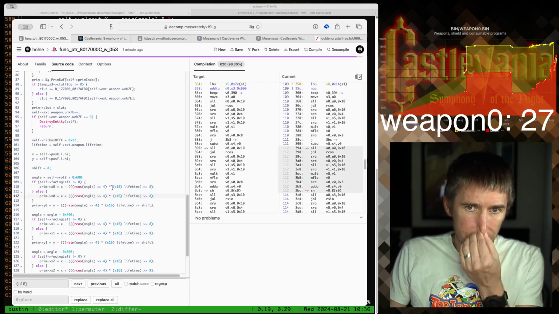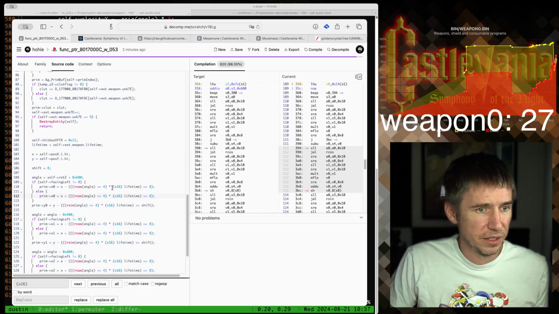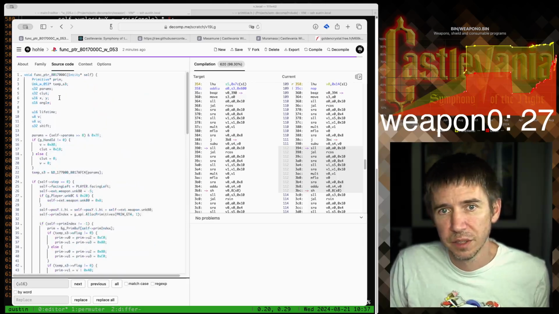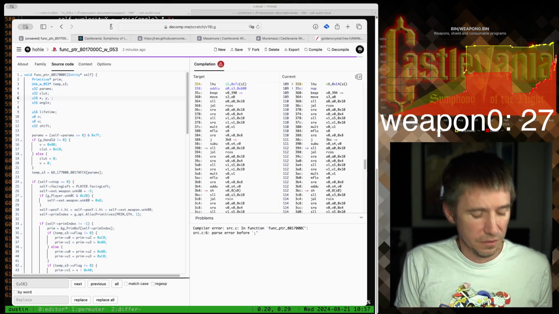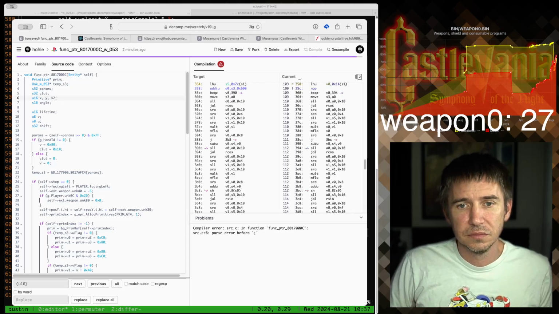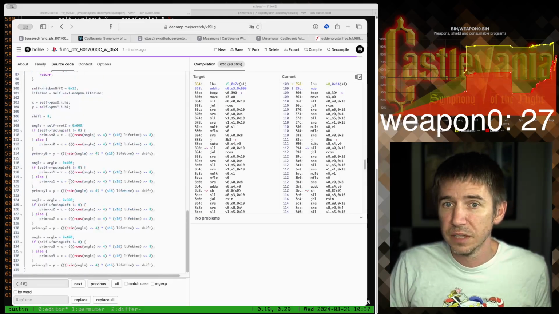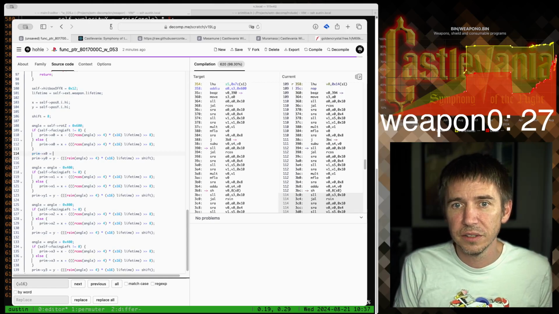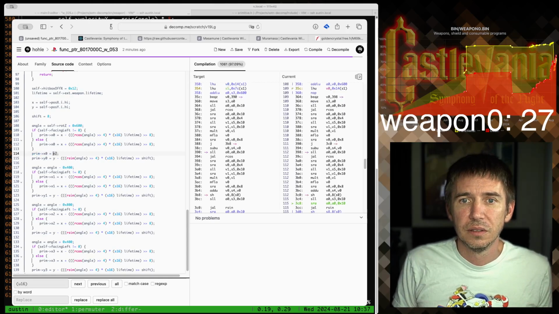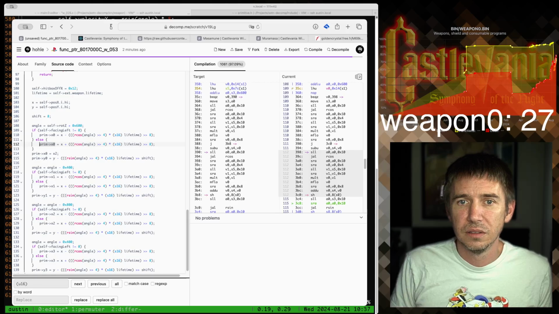So I'm going to take up this value and put it in a local variable and see if that, and then do the assignment at the end and see if that can coax the compiler into